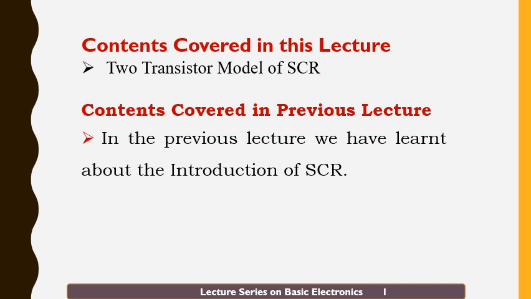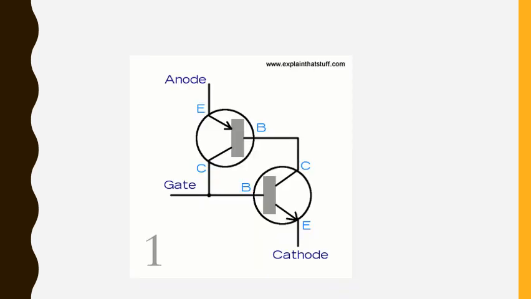So the SCR turns on after the application of the gate current. And we have also seen the three junctions of a SCR and how it will be operating, and we have seen the application as well as we have seen the advantages of SCR. So today we will be studying about the two transistor model, its characteristics as well as the phase application of SCR. So this is how actually the SCR works. Okay, have a look at.